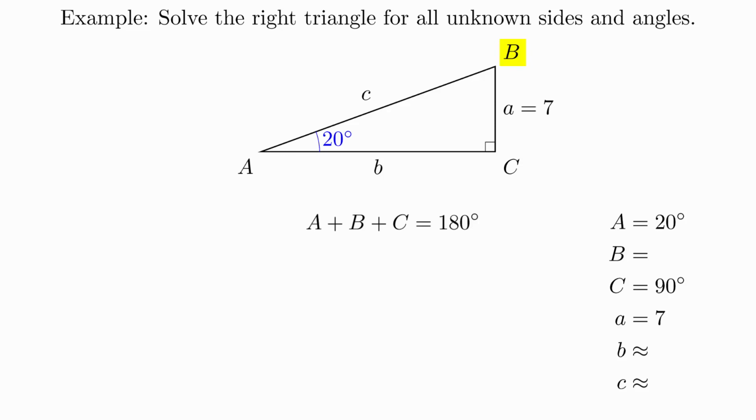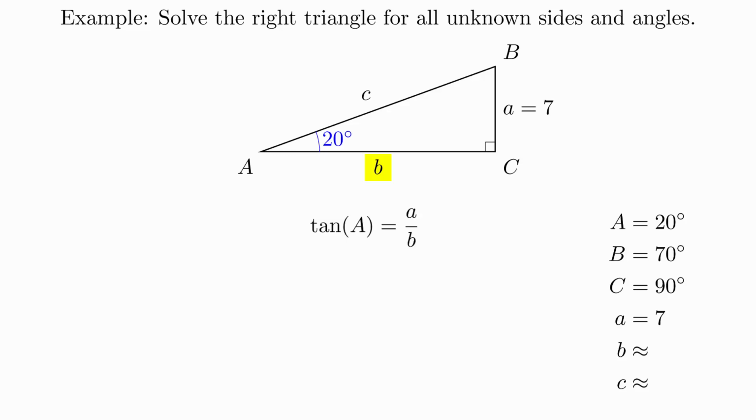Since the sum of the angles is 180 degrees, we can see that B is equal to 70 degrees. In fact, the 2 acute angles will always be complements of each other in a right triangle. Let's solve for the second leg. We can either use angle A or angle B. In general, it's best to try to relate things back to the information given in the original problem. This helps to minimize the chances that you make compound errors. For example, if we had calculated angle B incorrectly and then used that angle to calculate the length of the leg, then there's no way that we would get the right answer.